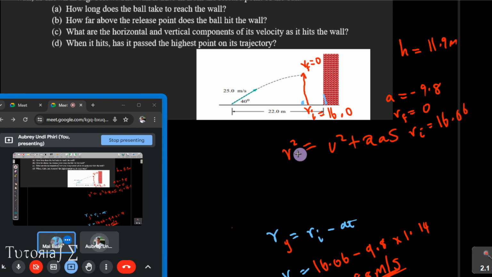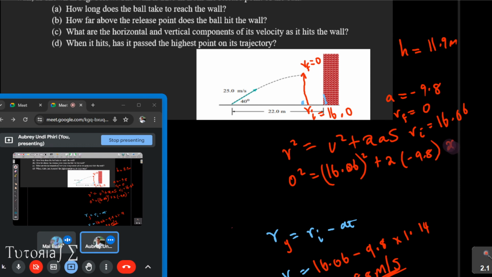So we just place in the values there. Our v final is 0 squared, and the initial velocity is 16.06, which we square, plus 2 times the acceleration, negative 9.8,